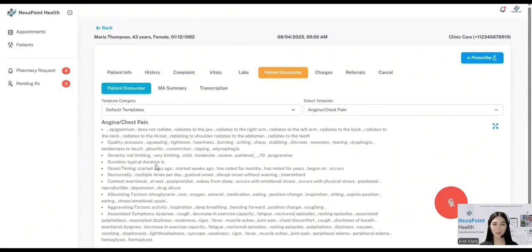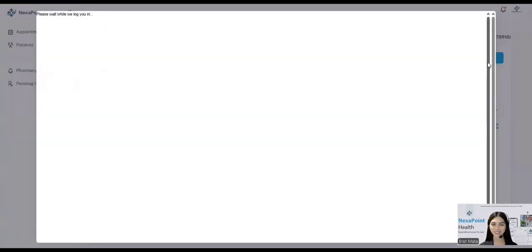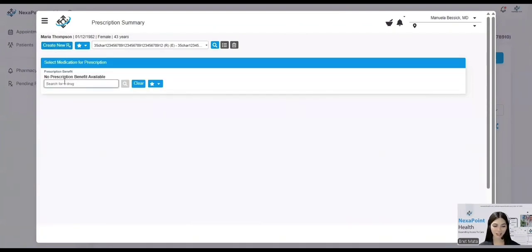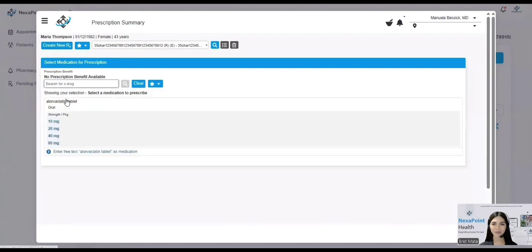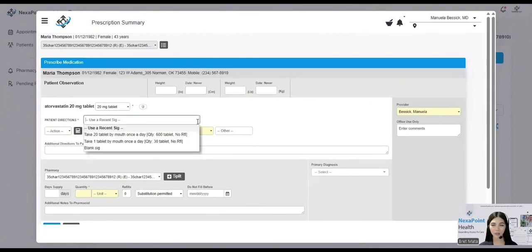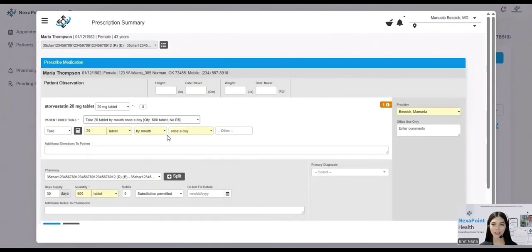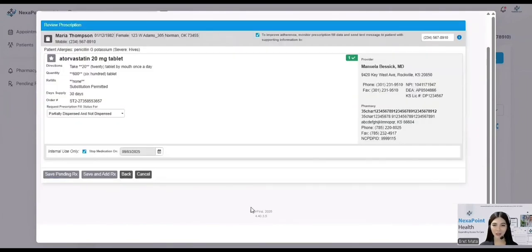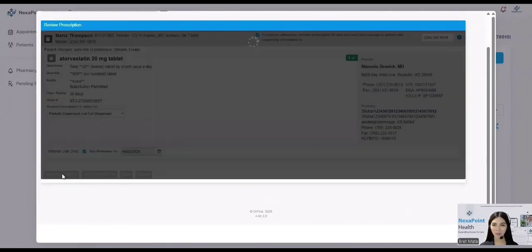Right now, let's prescribe a medication and send it to the patient's preferred pharmacy. Let's click on e-prescribe and click on create new RX and search for the medication and enter the strength. Under patient's direction, you can click on this drop-down menu and select the patient's direction. Then it auto-populates the patient direction. You can also add additional notes to the pharmacist. Once done, click on review. After reviewing the prescription, let's click on save pending RX